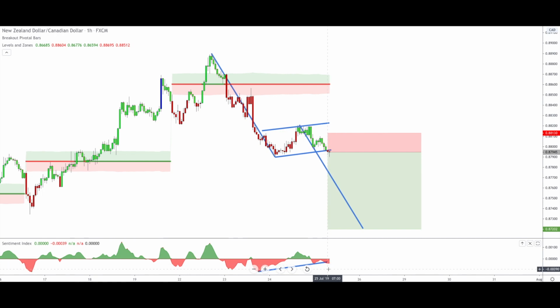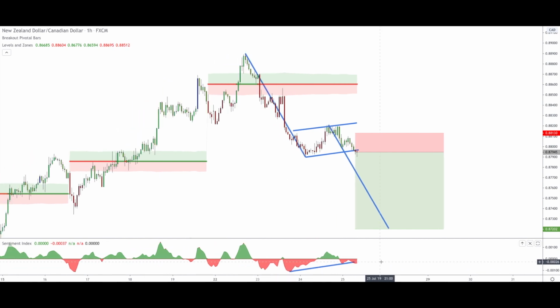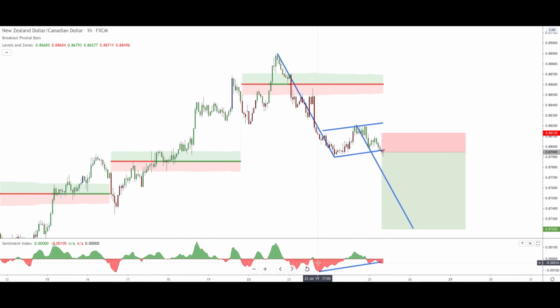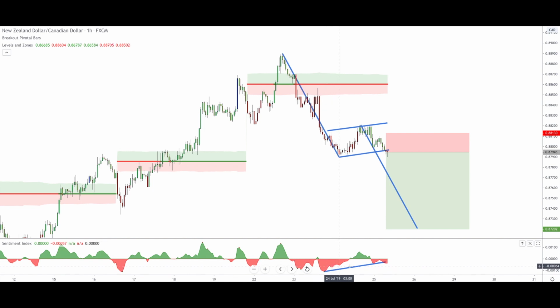And what this means is that you see here the bearish sentiment index is increasing in this area,